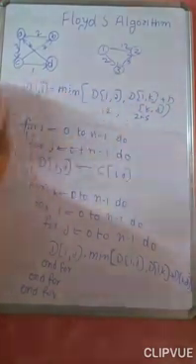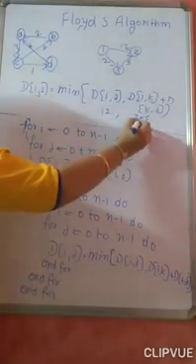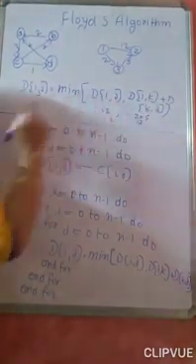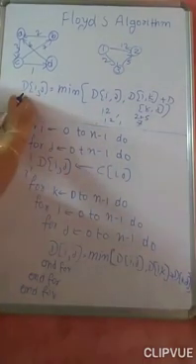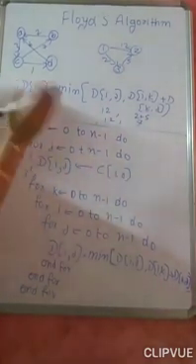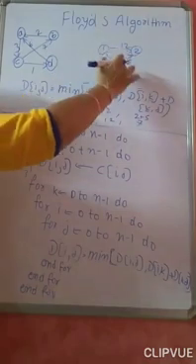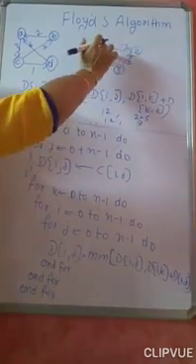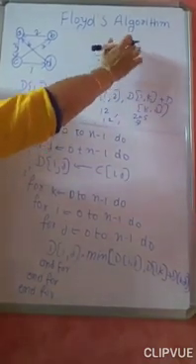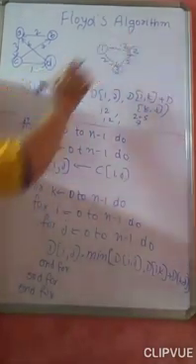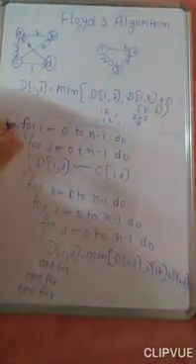Whichever is a minimum, I am considering that one. 12 is the minimum or 7 is the minimum, so minimum is 7. So I am taking the distance from i to j, that is 1 to 2, as 7. Means I am going to 2 from 1 like this: 1 to 3 and 3 to 2. So we are not considering the direct distance. We are going through 3.